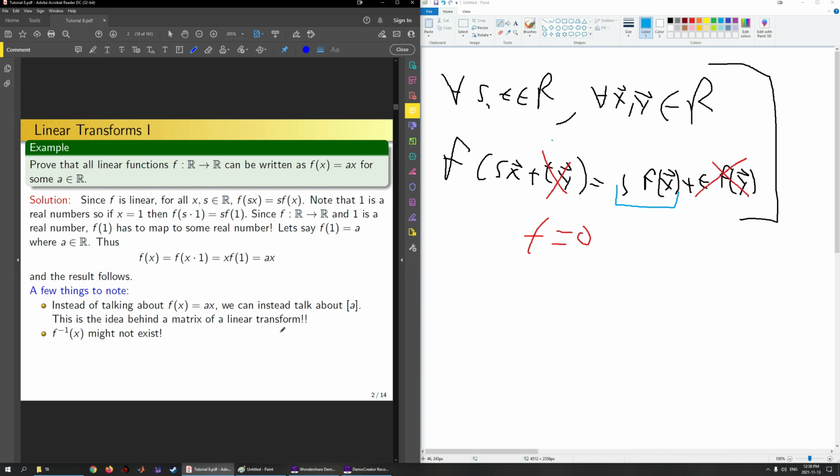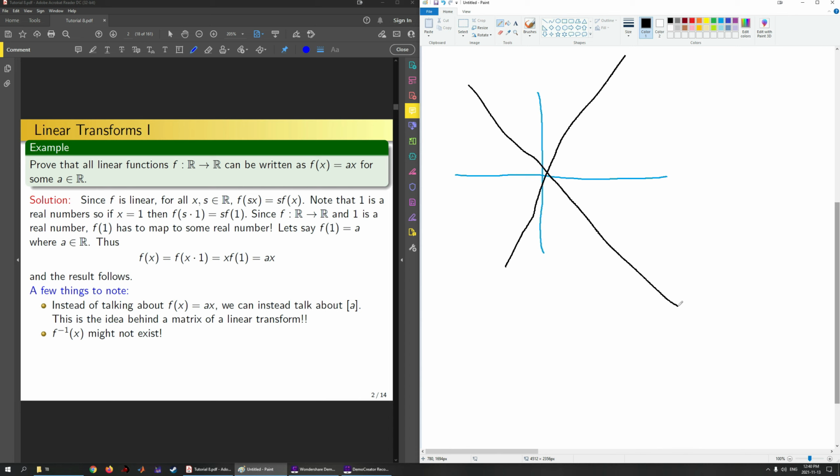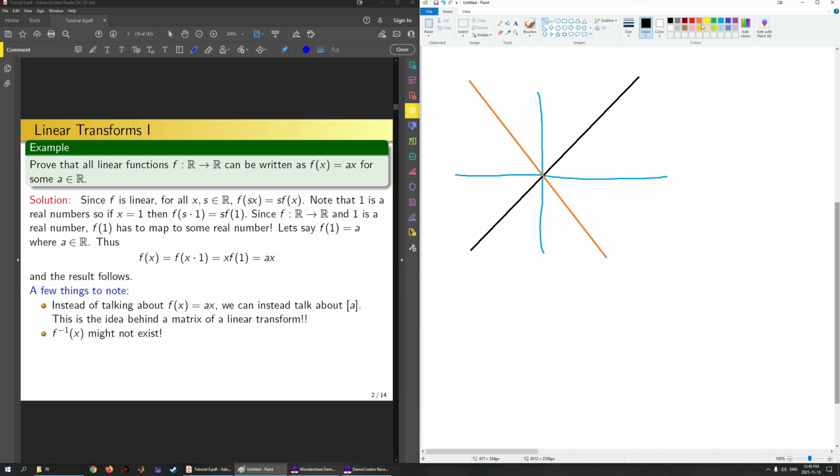So the next thing to note is f inverse of x might not exist, right? So previously we noted that if I talk about matrices from say Rn to Rn, it might not be invertible. And one way to think about why matrices aren't necessarily invertible is to use this analogy up here. So if I draw my xy axes like this, then I can draw different lines that look like ax for various values of a. If a is positive, it'll look maybe something like this. If a is negative, it'll look something maybe like this, where it goes through the origin through the power of